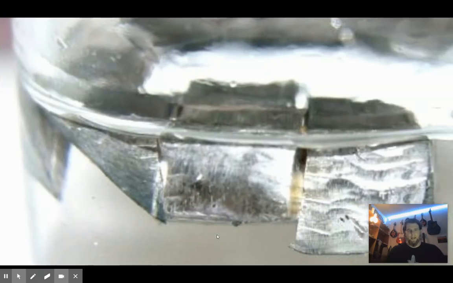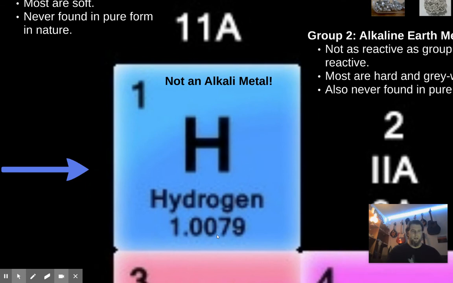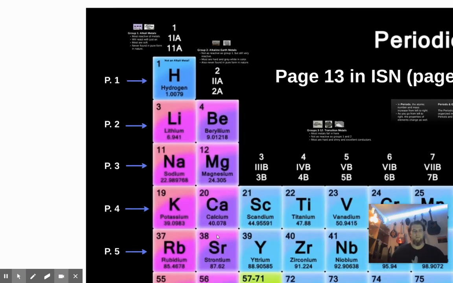All right. So that was supposed to be a little thing on corrosion, but we're not going to worry about it. And so the only exception on those alkali earth metals is the very first element that we have, which is hydrogen. Now it fits in with a lot of the same chemical characteristics as the alkali earth metals, but hydrogen is a gas. So it is not a metal. It just shares some of those properties. It's kind of one of those weird ones, but it is the most abundant element in the universe. So it gets number one.